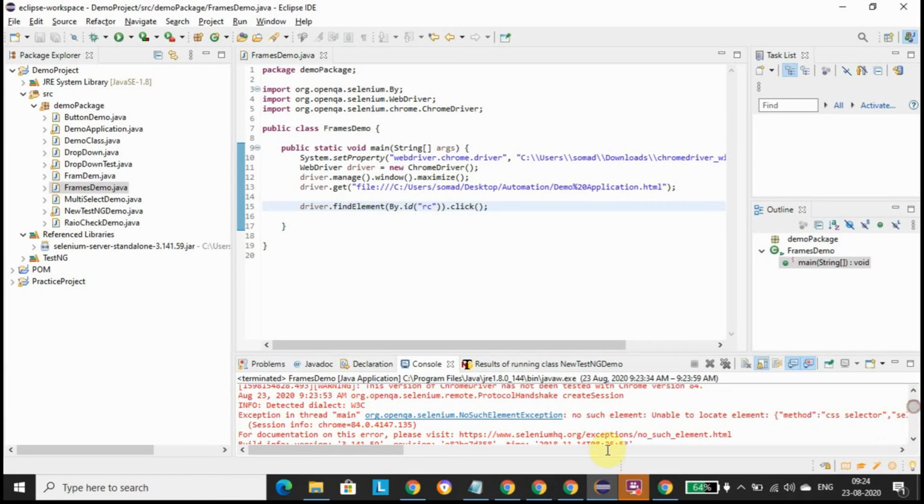But we get a NoSuchElementException. The reason is, when an element is inside a frame, our Selenium program cannot access it directly. So first we have to move inside the frame, and then we can interact with them.